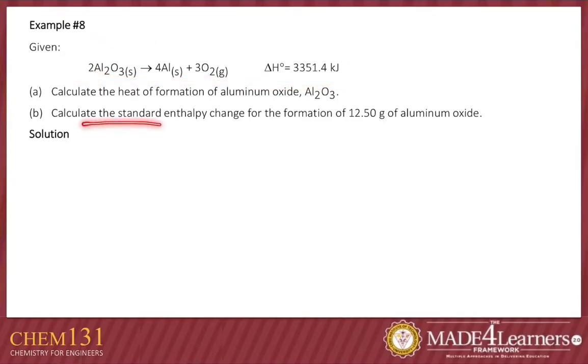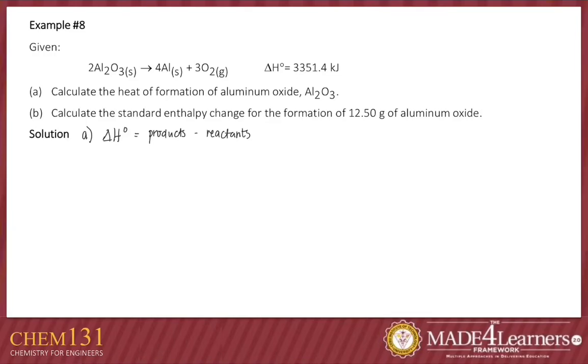And we are to calculate the standard enthalpy change for the formation, this time of 12.5 grams of aluminum oxide. So how are we to solve? So letter A, I think it's very easy. For letter A, the standard enthalpy change of a reaction is products minus